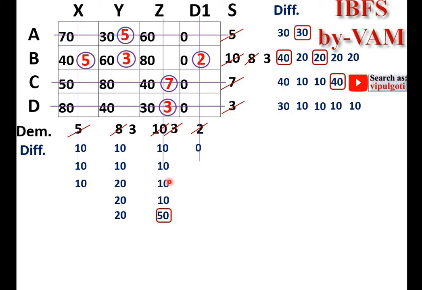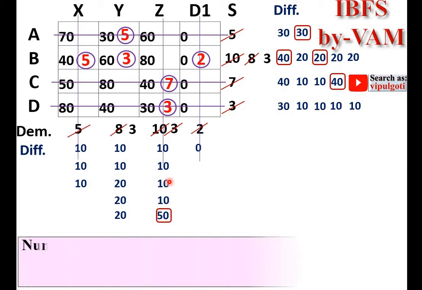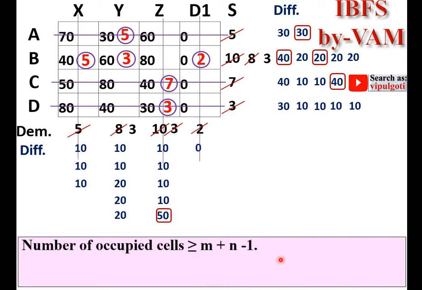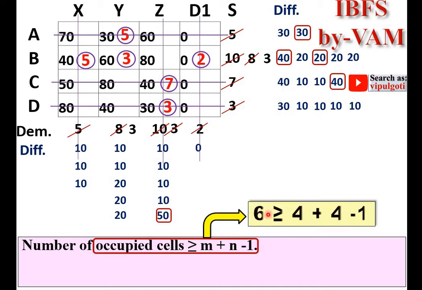According to the steps of the transportation problem, now you need to check the degeneracy, and this is the rim condition to check the degeneracy. So first check this rim condition. So here the number of occupied cells: 1, 2, 3, 4, 5, 6. So here I can say the number of occupied cells are 6.